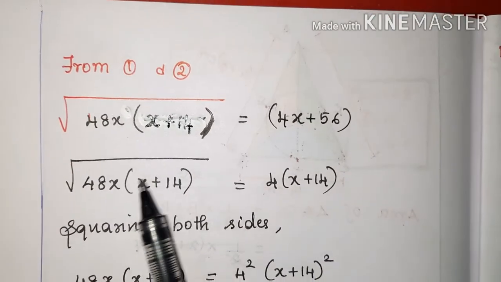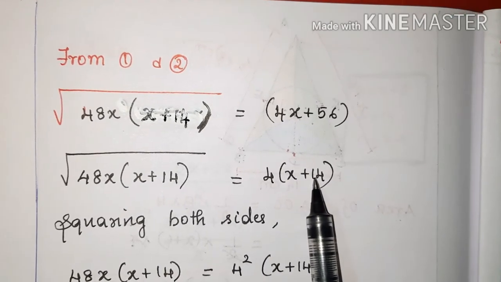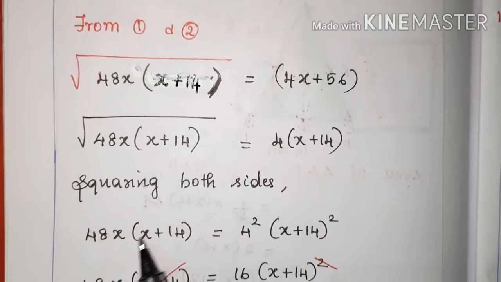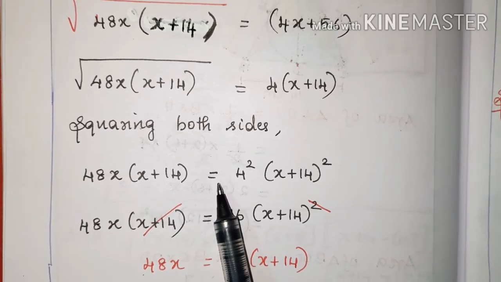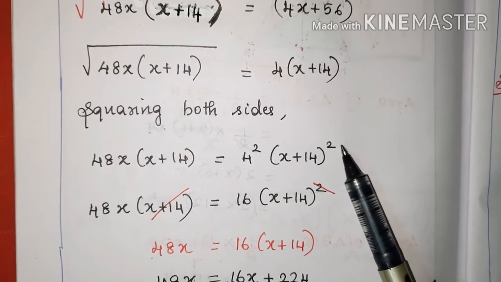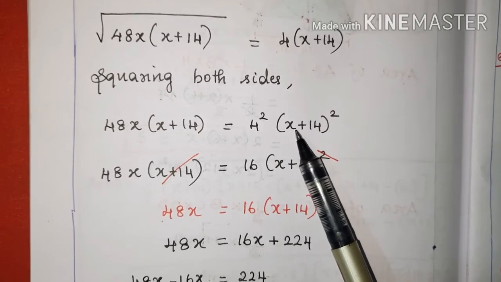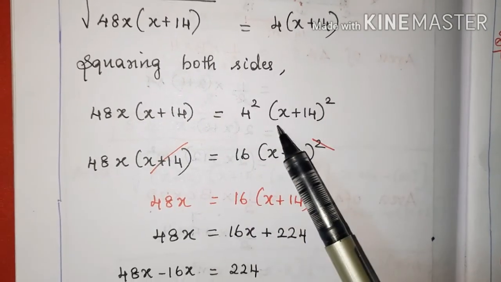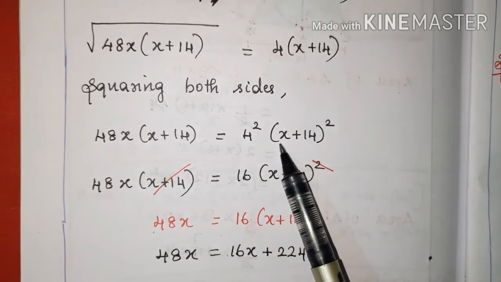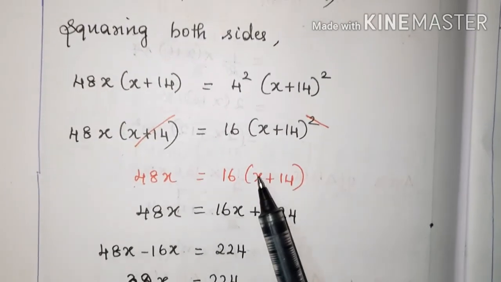Now what you can do is, here 4 is common out, isn't it? So take 4 common out and x plus 14 you get. Now squaring both the sides. When you square both the sides, this side root will go away. So 48x into x plus 14 equal to, here what you get, 4 square into x plus 14 whole square. Okay, so you see the similarity, here one x plus 14 is there, and here also you have x plus 14. So directly you can remove the factor, since here product relation only is there, isn't it? So you can cancel out directly one factor. So one factor is reduced. So you get 48x is equal to 16 into x plus 14.